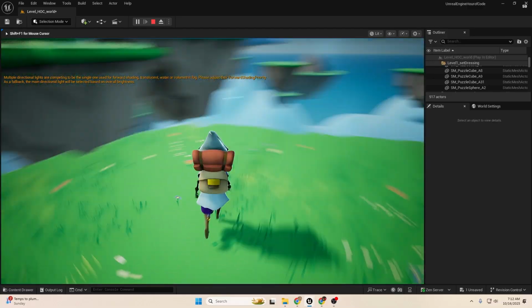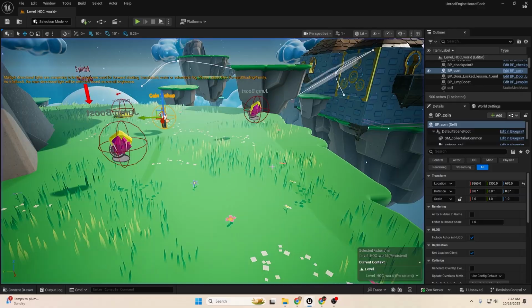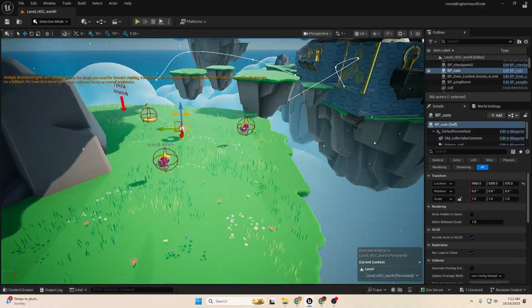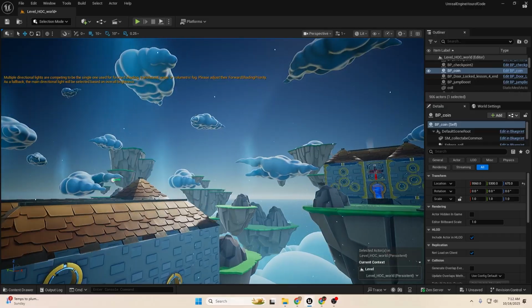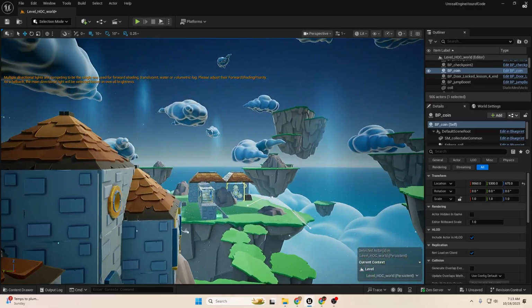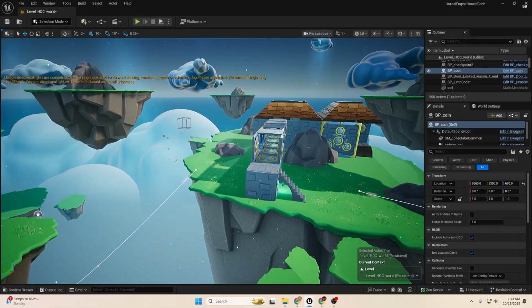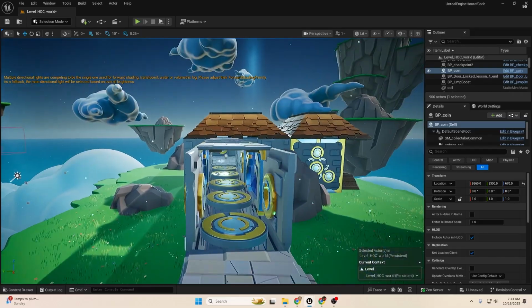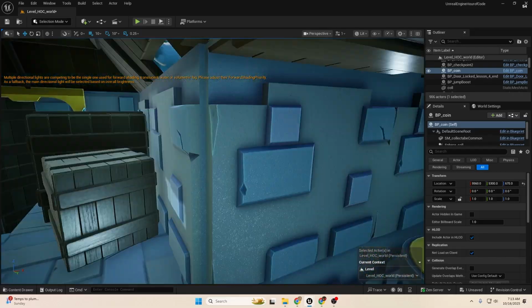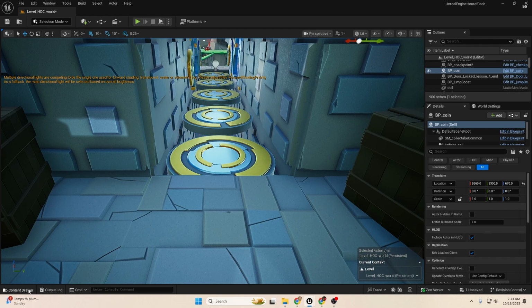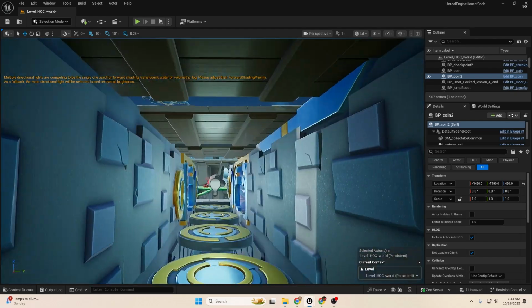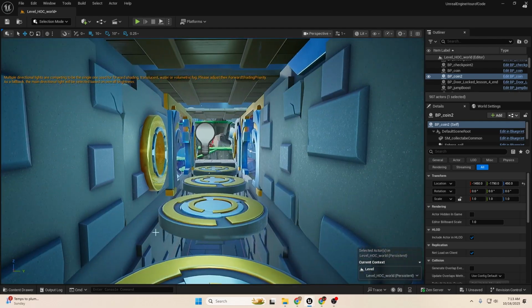All right, so for now, what I want you to do is go ahead and add the coins in different areas of the game. I would honestly start with our beginning. Again, to fly around the map, right click, and then you can move with WASD. So I will start placing coins from here. I'm just going to show you a quick sample of how I'm going to do it. Just drag them out, make them float in the air. Maybe every other one would need a coin,